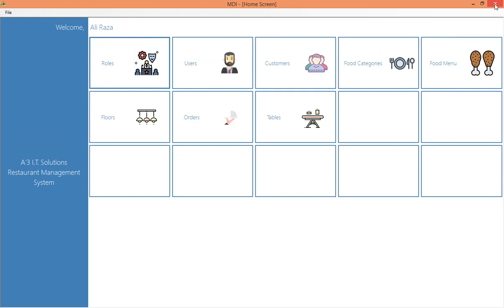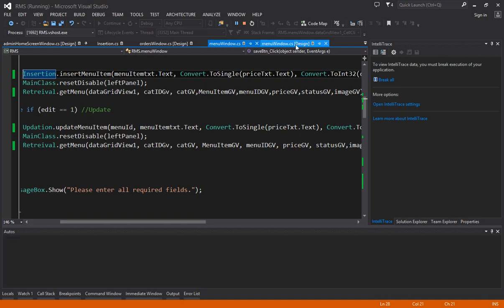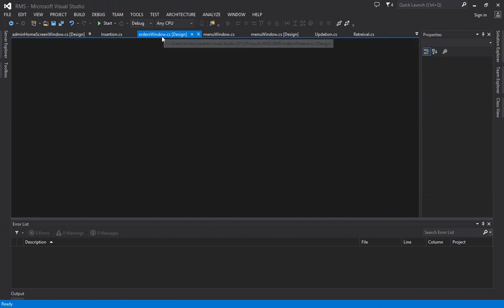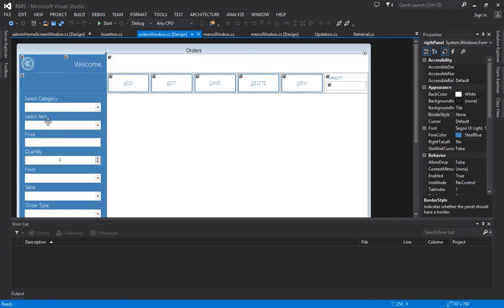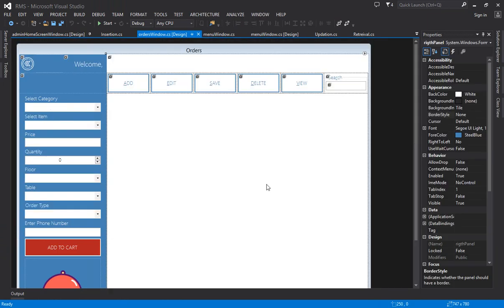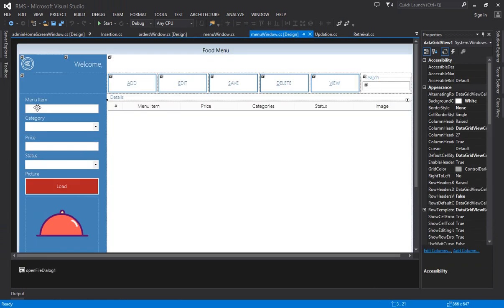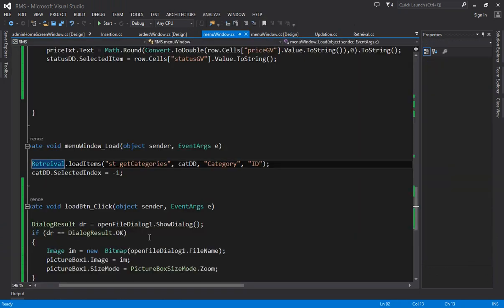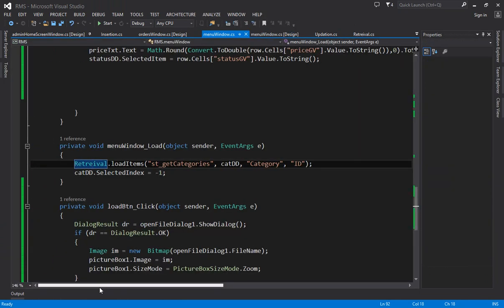Okay, what you wanted to do, you wanted to load your categories, your items and all the things here on this. Okay, so on load, what you wanted to display? The categories. Where you are picking up your categories? You are picking up your categories in the menus window already. So on load, where you have this method, which is this method? Just copy it,